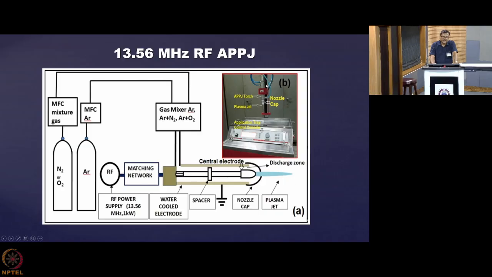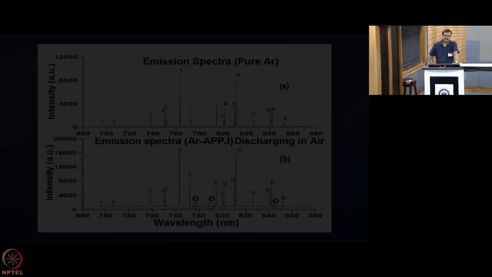So here you are seeing the actual device, the plasma is coming out over here, and here also you can use many types of gases like molecular gases, nitrogen, oxygen, or argon. These radio frequency atmospheric pressure plasma jets are now being used in many applications, starting from functionalization, then biomedical applications, then novel material synthesis. So they are finding newer and newer applications in present days.